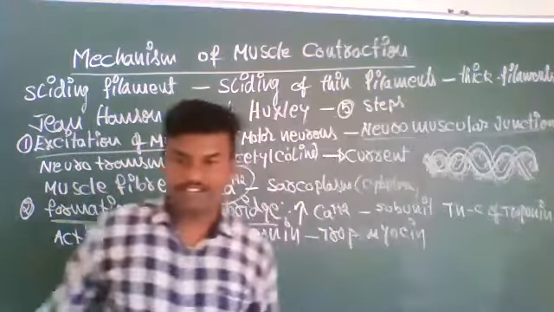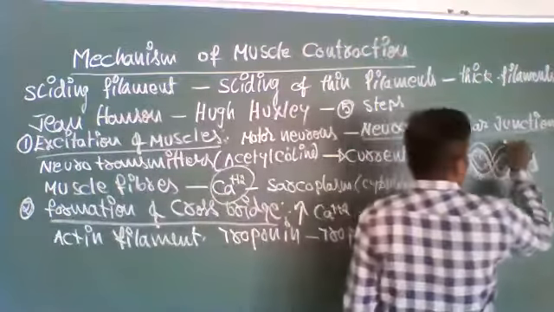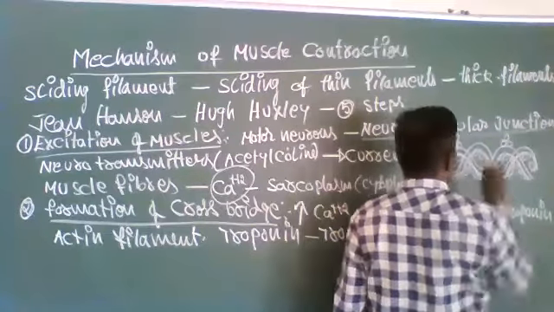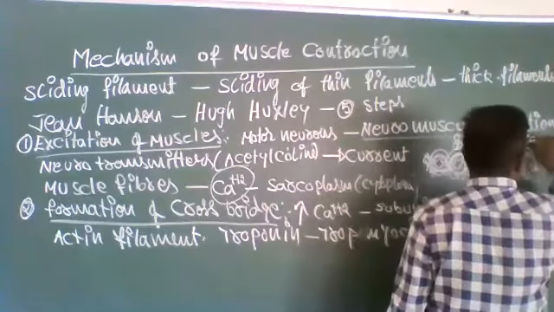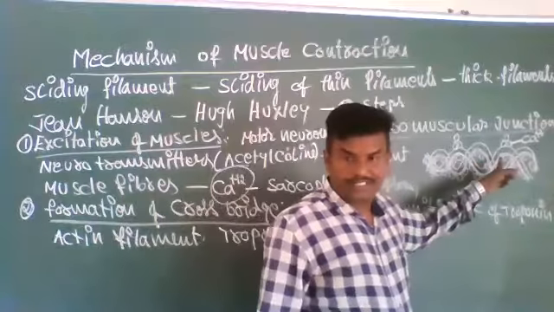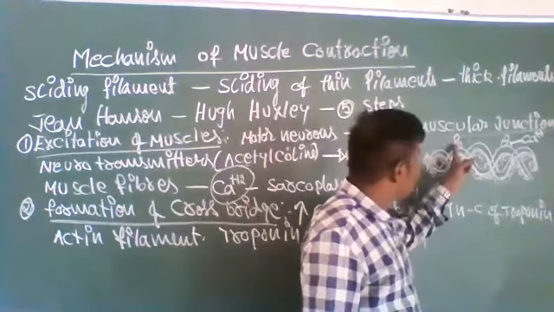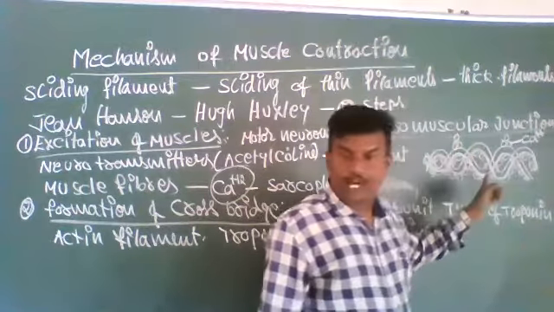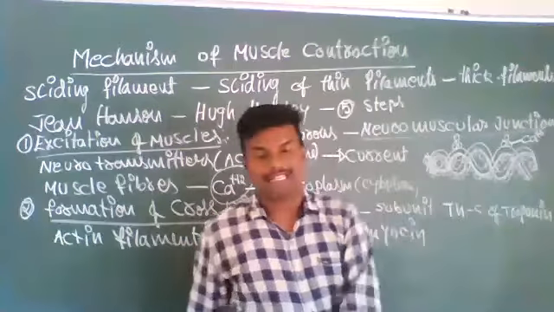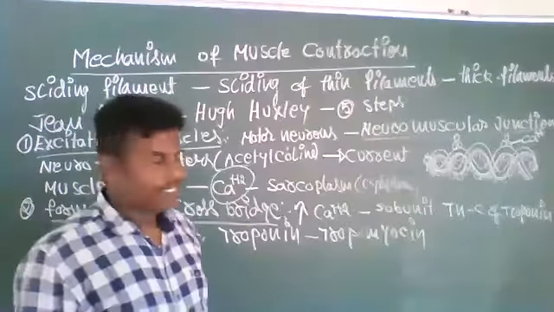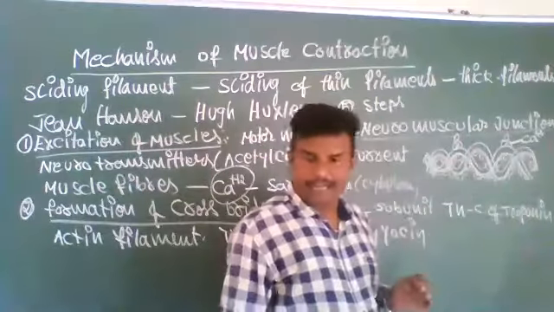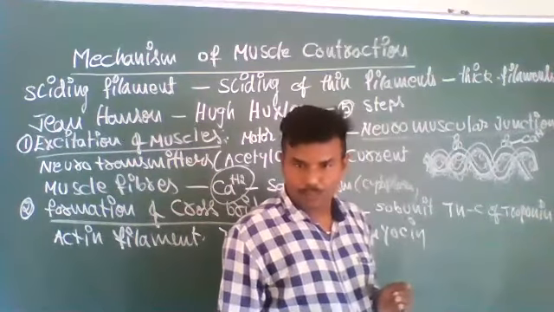This is the actin filament. This is where calcium ions bind. When calcium ions bind, this troponin and tropomyosin complex moves away from its original state. So when it is moved a little bit away from the original state, at that moment,